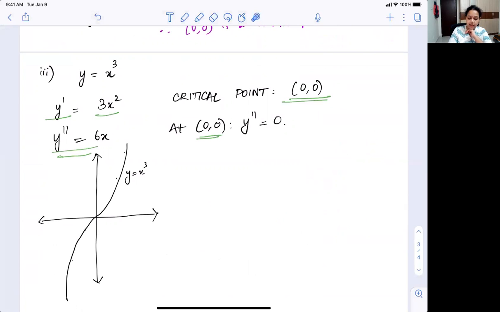Now notice from the graph that when you have a function y is equal to x cubed, the origin is actually a point of inflection. So what will the first derivative test show you here? So if you do the first derivative test,